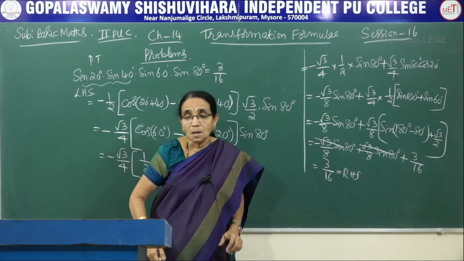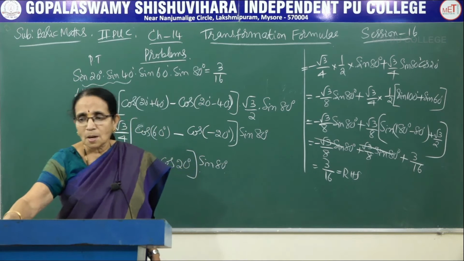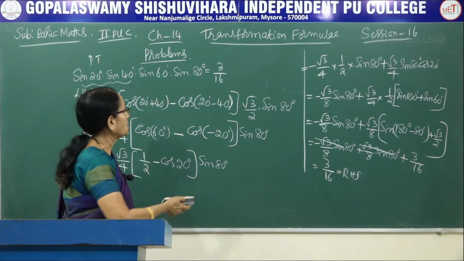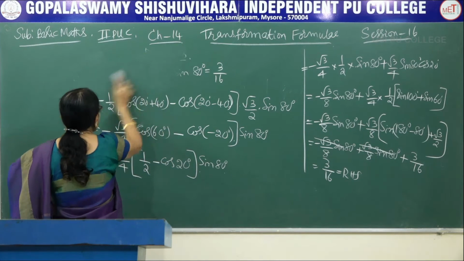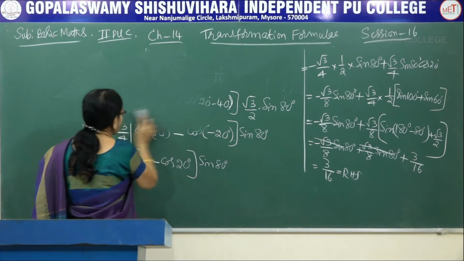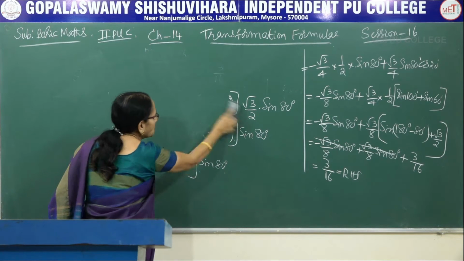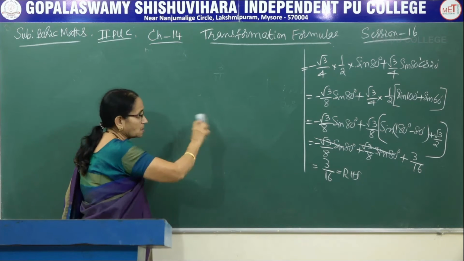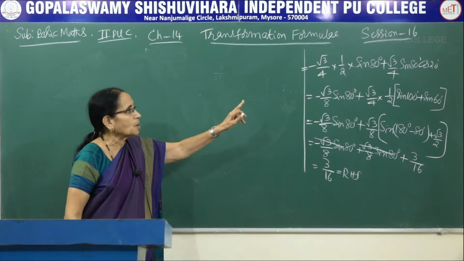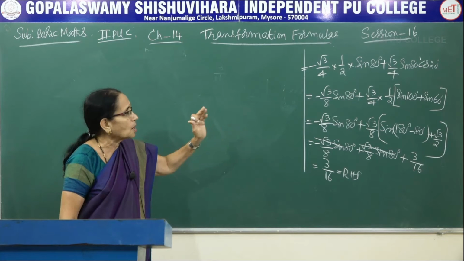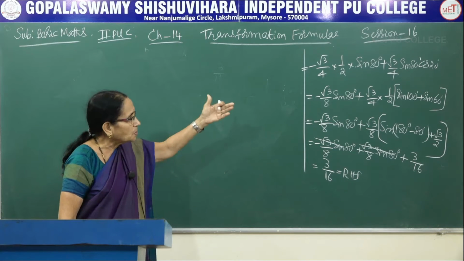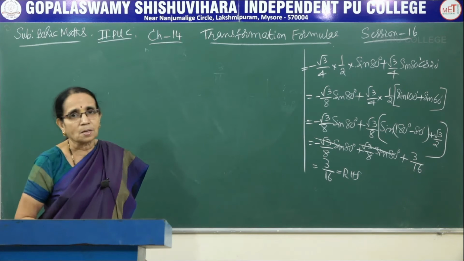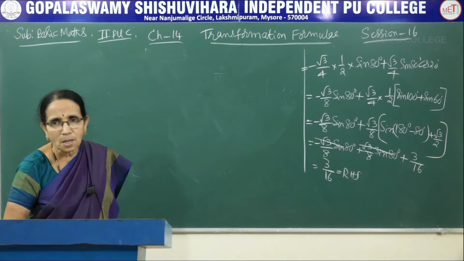Now these are all 5 mark questions, so you cannot skip the step. Each step you do only one calculation and then you will be getting the required answer. You have to be careful which formula to be adopted. See, in the first step I made use of the formula cos A into cos B. Afterwards, after multiplying the terms, in that one I made use of the formula sin A into cos B. So you have to identify the correct formula which is applicable to that particular term, and then when you apply it properly, certainly you get the right hand side. Now let's move on to the next problem.